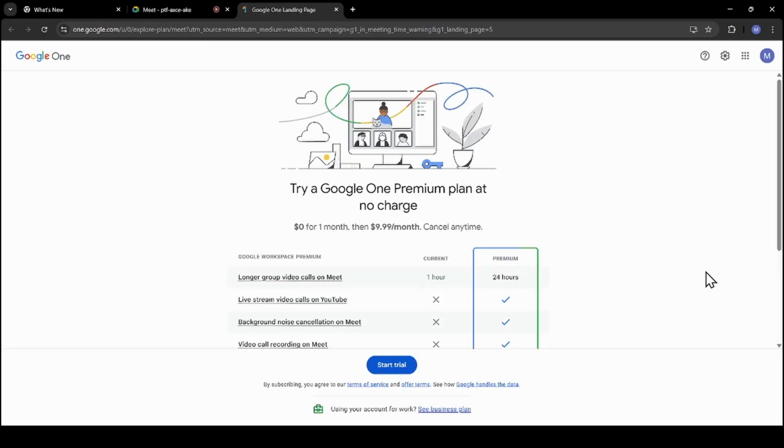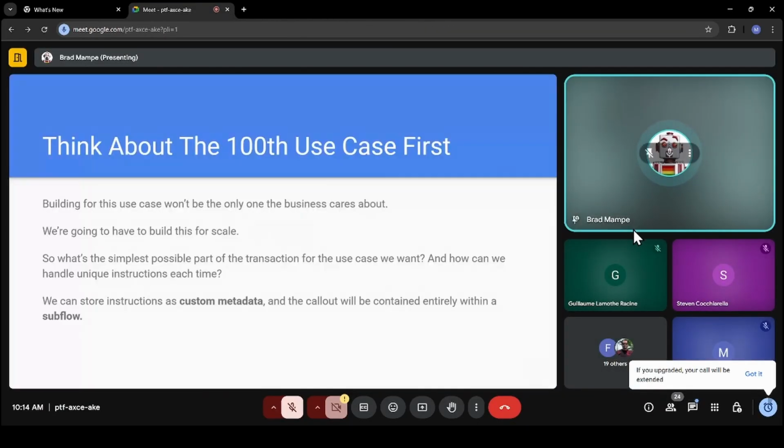So instead, I thought about, well, how can I do this in a compartmentalizable way? Really, I just want that call out: receiving the instructions, making the call out, sending the outputs back. I want that to be a subflow that I can plug and play anywhere within my org. And then the instructions, I'm going to store as custom metadata and find a way in the flow to be able to pull those in when and how I need them. That way we can configure whatever we want within the custom metadata. We can have the subflow doing all the work, and then we just have one tiny subflow to reuse in any parent flow where we can create the context where it should get invoked.